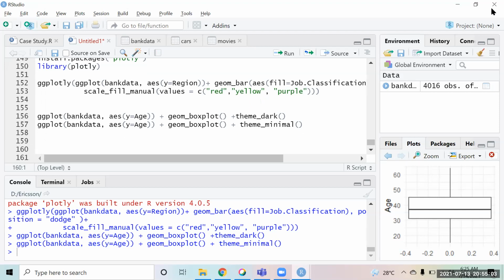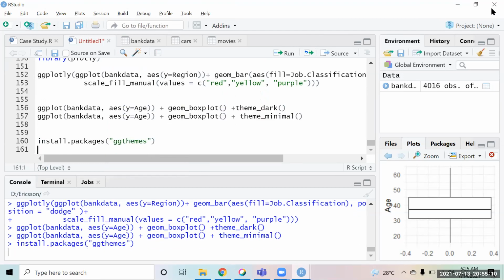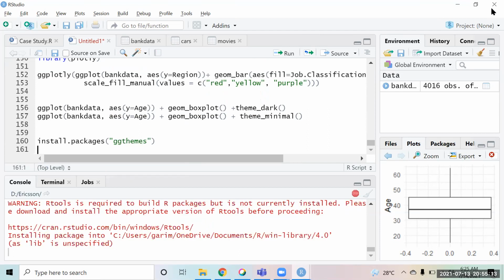And in fact, there is a separate package also that you can install, that is ggthemes. There's a package that gives you a lot more themes. You can install this package as well.